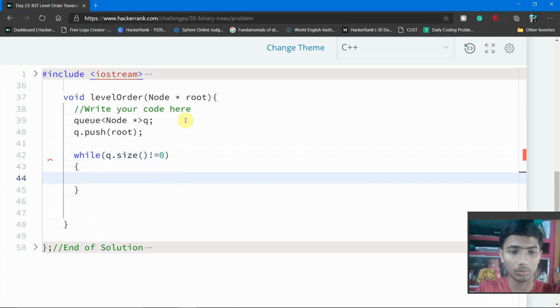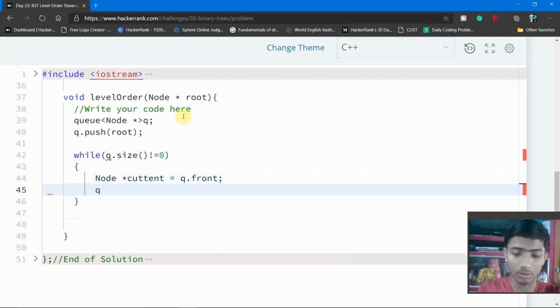So inside of this loop you simply write Node and make a current variable, that means the current value. And then current is stored as queue dot front, and then you simply write queue dot pop.